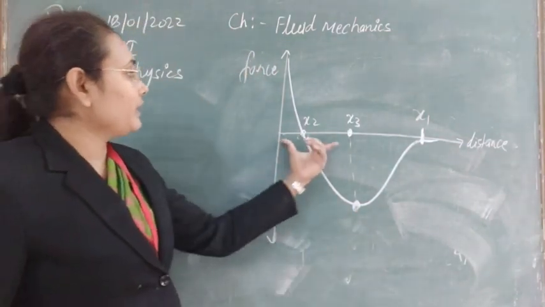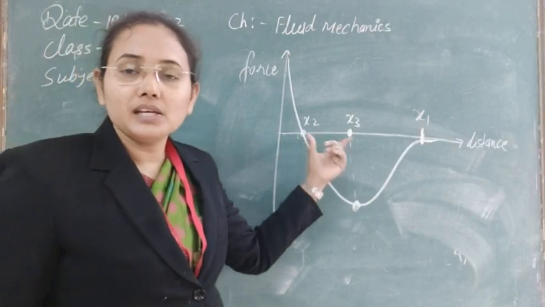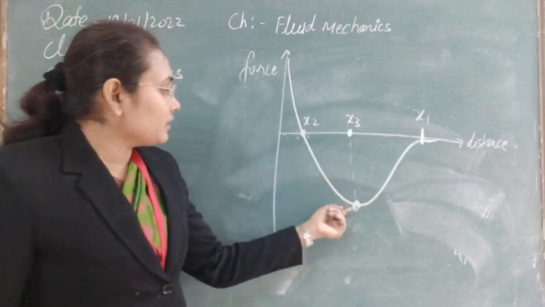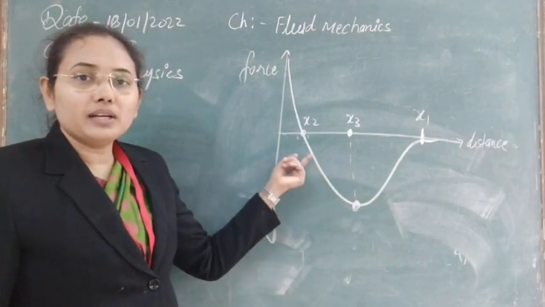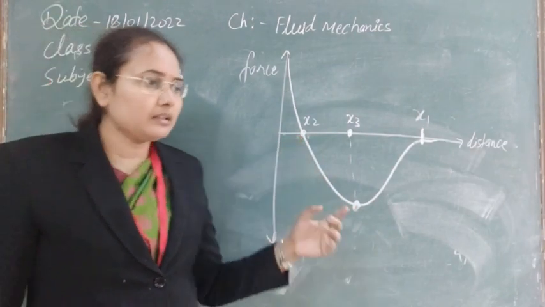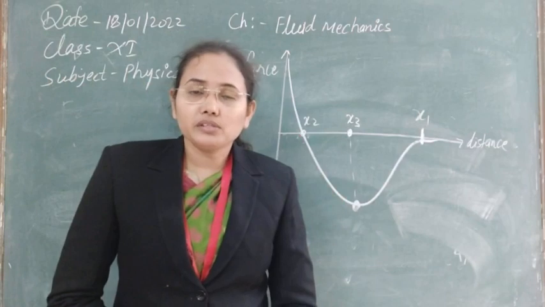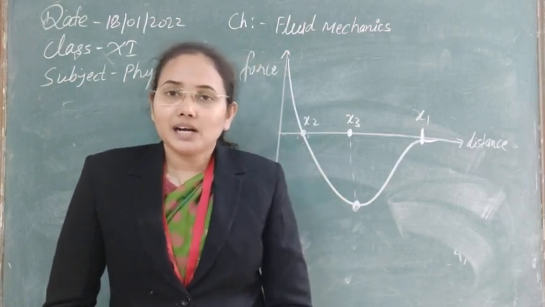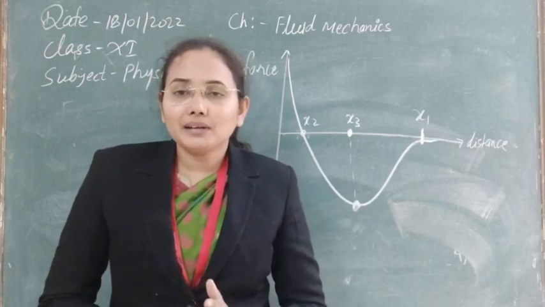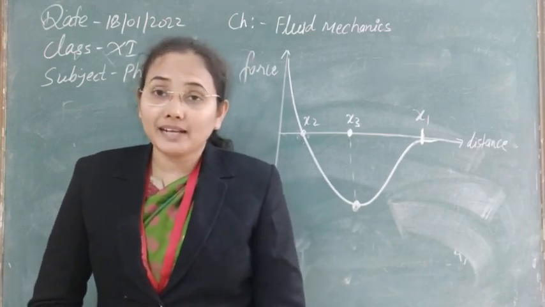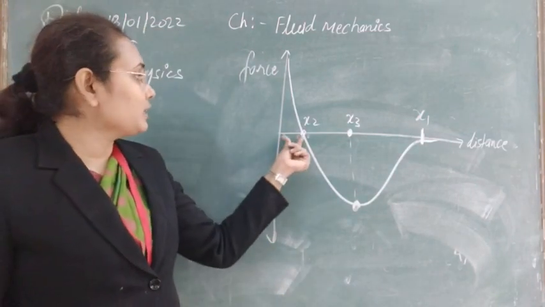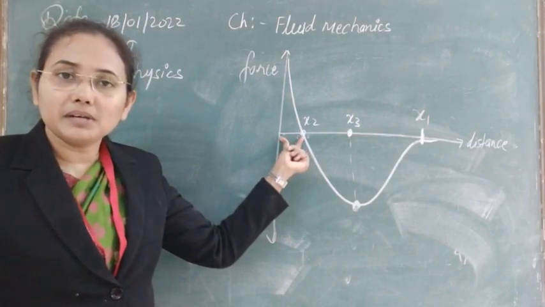But after x3, when the intermolecular separation again starts to decrease, meaning molecules are trying to come closer to each other, at that time this force of attraction will again start to decrease, and at the point x2 it becomes 0. That means there is a point where two molecules coming closer to each other feel 0 force. At that point they are in a stable condition; neither are they feeling any attraction force nor repulsion force. But when the separation again starts to decrease, meaning the distance between two molecules becomes less than this